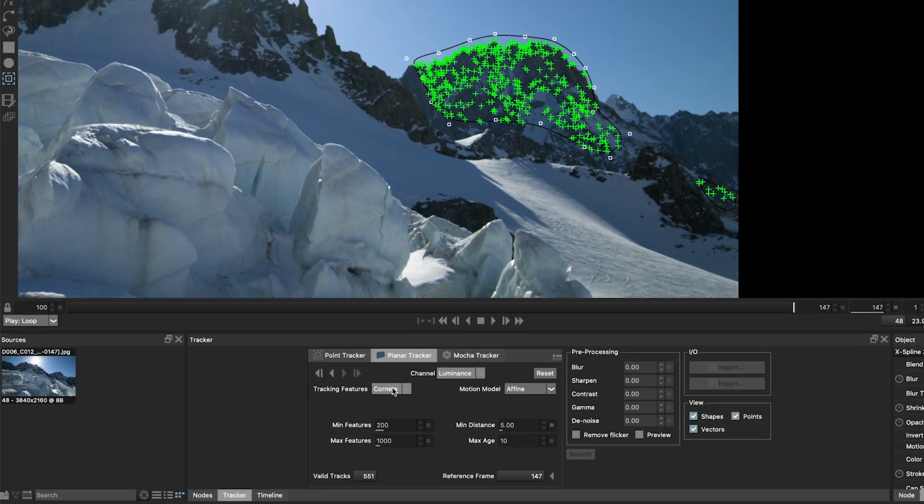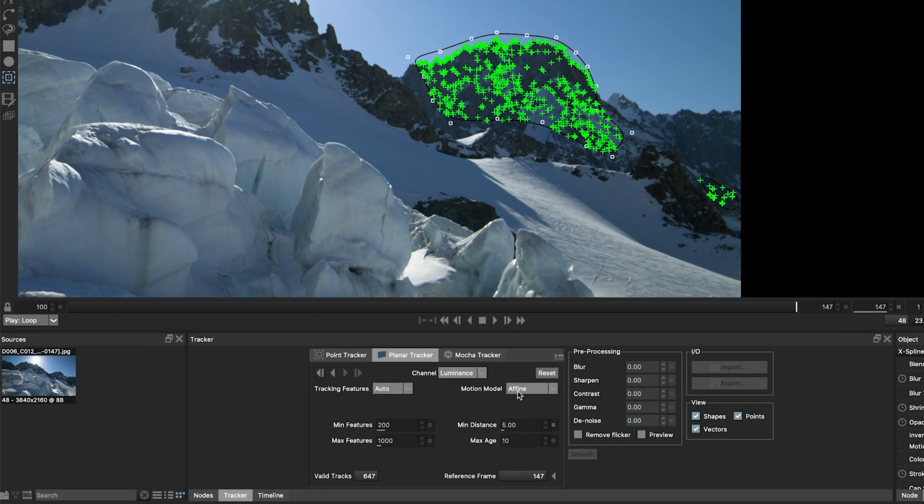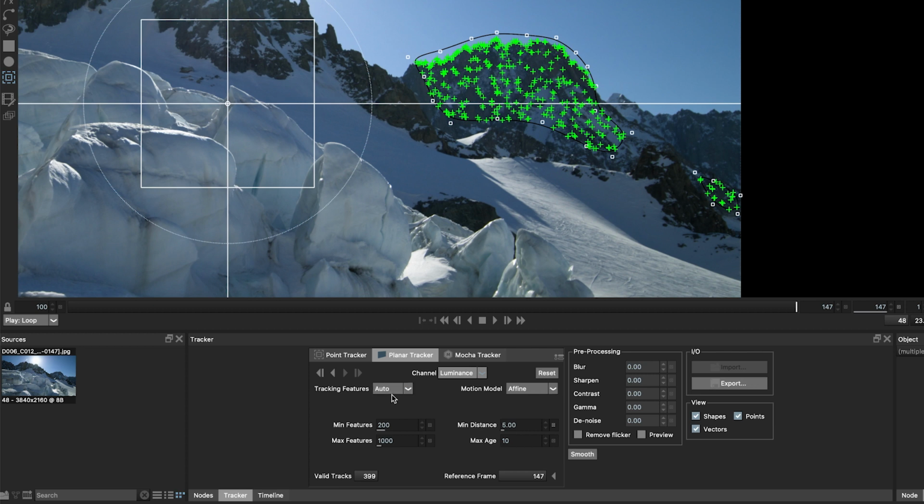We'll start with luminance, auto, and I do know that I want a fine, so I'm looking at the valid tracks down here. I have both my shapes selected, so I'm looking for what's going to give me more tracks. Corners looks good, edges, that's a lot, and ridges. And then we'll try corners again, and we'll try the blue channel because we had a lot of success last time, but not as much. So if we maybe go back to luminance,